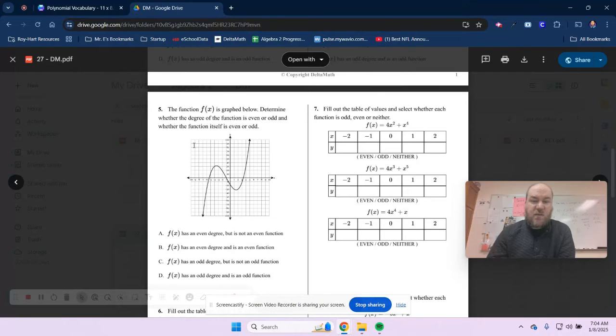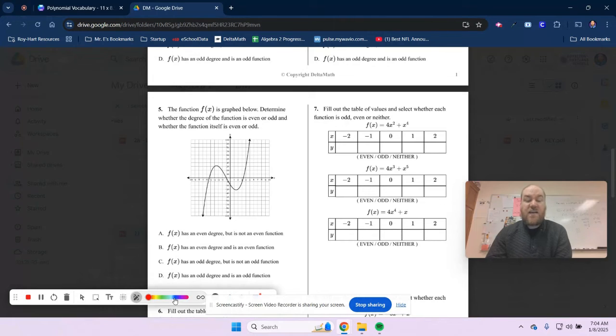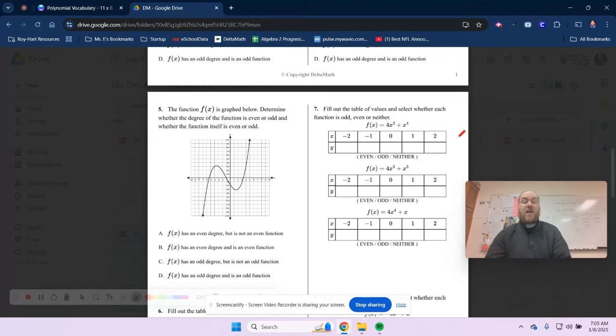So here we go. We're going to look at question 7 here, and we're going to see if each of these three is even, odd, or neither. They've given us an equation and a table of values, and they want us to plug them all in. Now I'm just going to use my calculator. I'm going to go to the y equals screen and type in 4x squared plus x to the 4th. And then I'm going to go to the table and copy down the